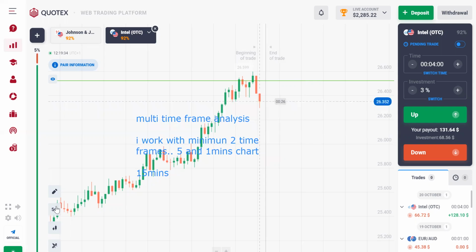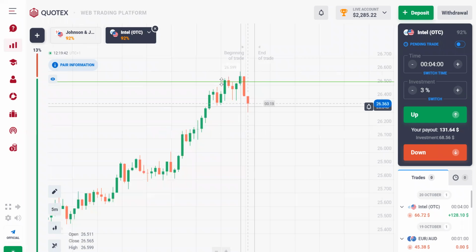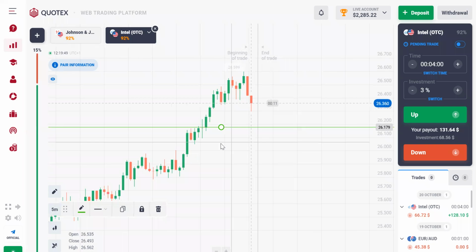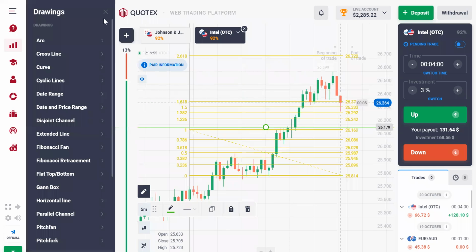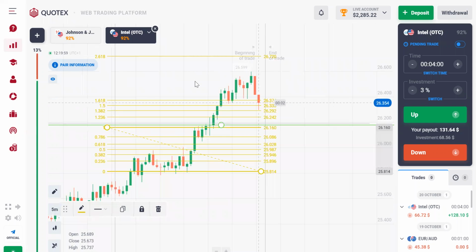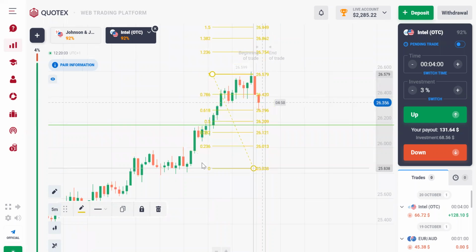Okay, now, so this is the 5-minute chart. The market is selling. I think the market could be selling towards this area. Let's say if I was to use a Fibonacci to measure this price movement, I will check from here, where the market has traded to and where it started trending from. The market started trending from here.